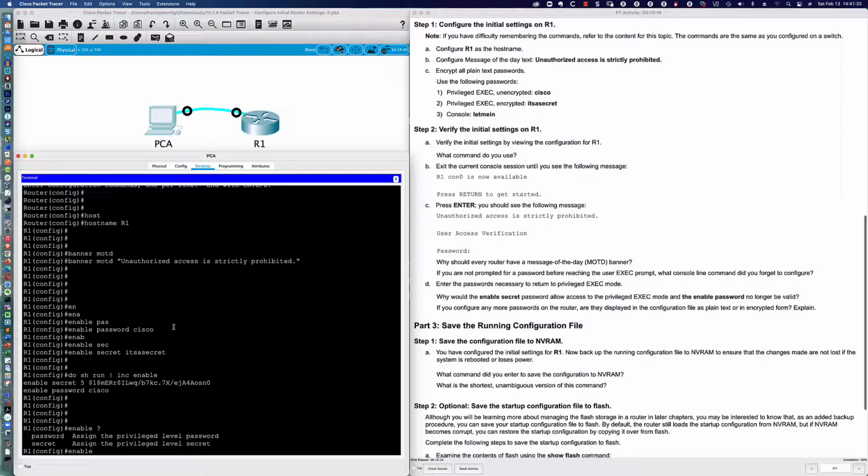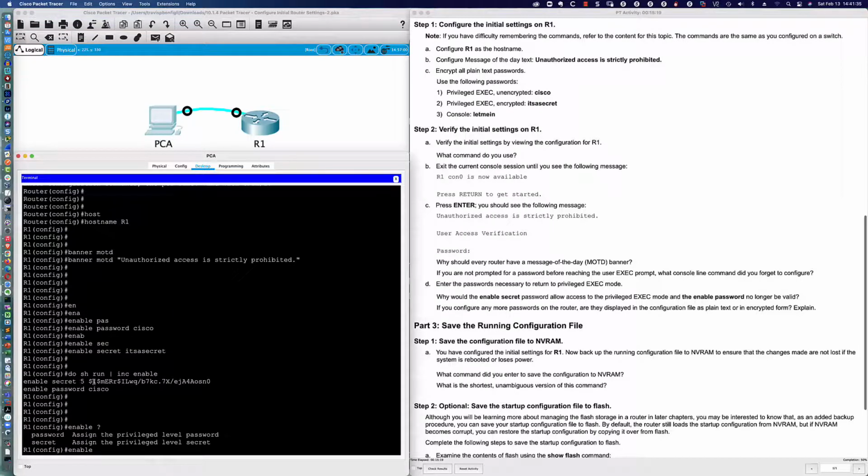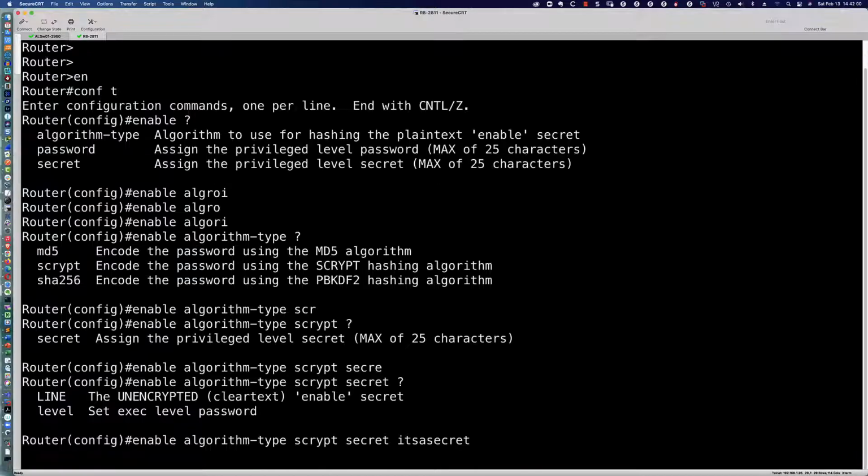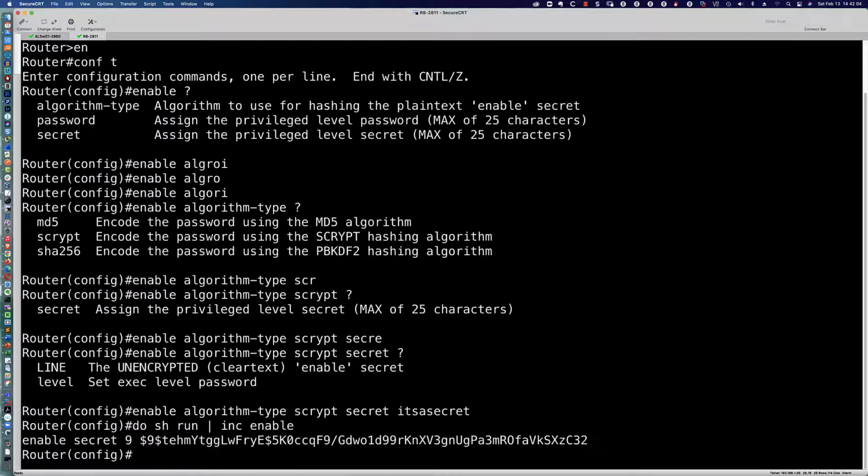And we're going to look over here one last time and take a look at the length. Here's our salt, right? That's what's in between the dollar signs there. That's what makes up the salt for this password. It's a one-way hash. And take a look at the length of this one-way hash, right? Now, we're going to do a scrypt enable secret password. I'm going to hit enter, and then we're going to say do show run include enable. And I want you to compare that to this,